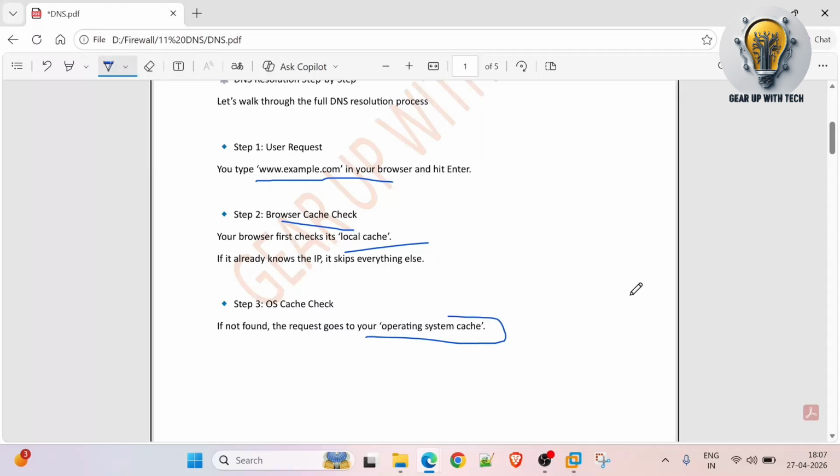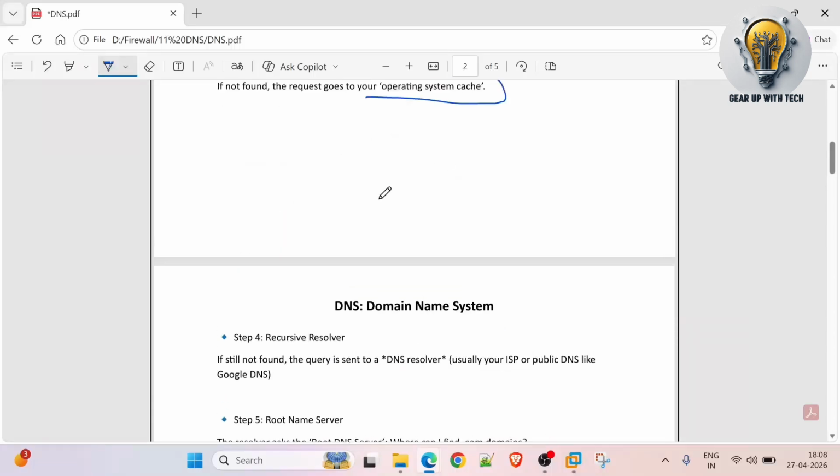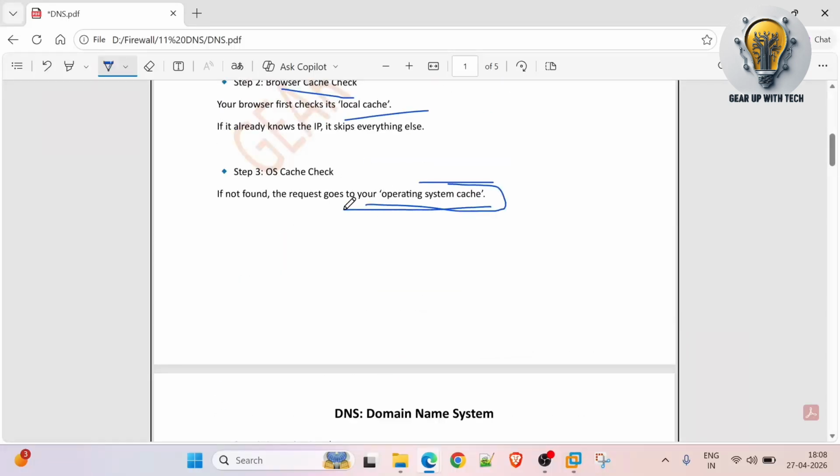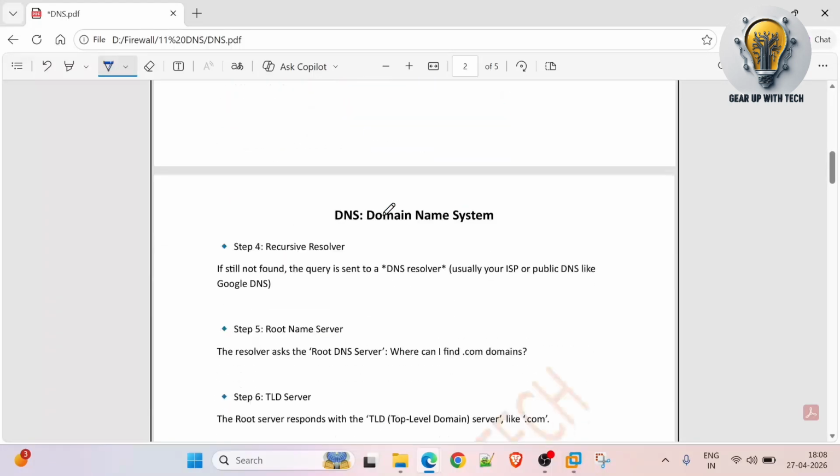Even the operating system stores cache data so that whenever a user requests the same website within that threshold value, within the least time, it will provide the details from that cache memory instead of going to the original server. So suppose that website is not available in the operating system cache memory also, it reaches the